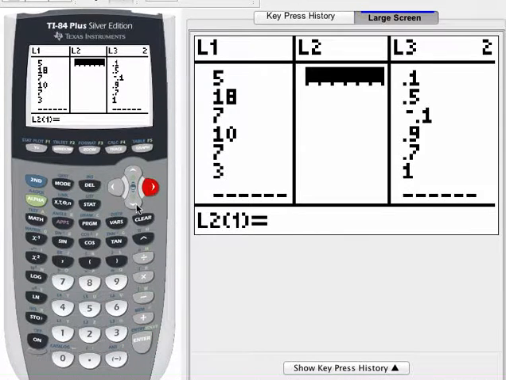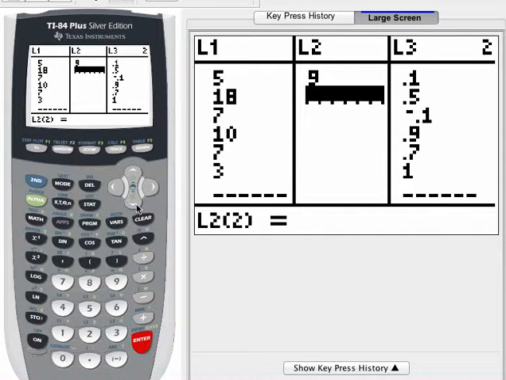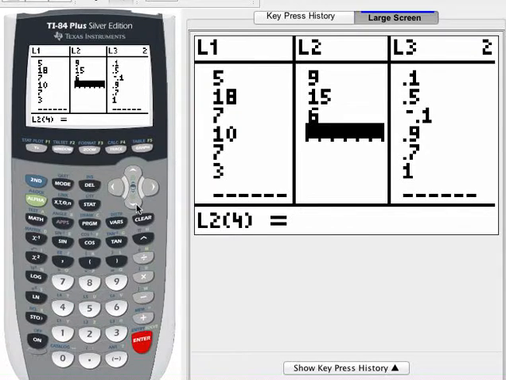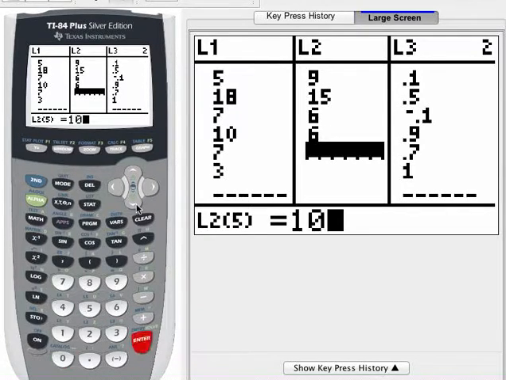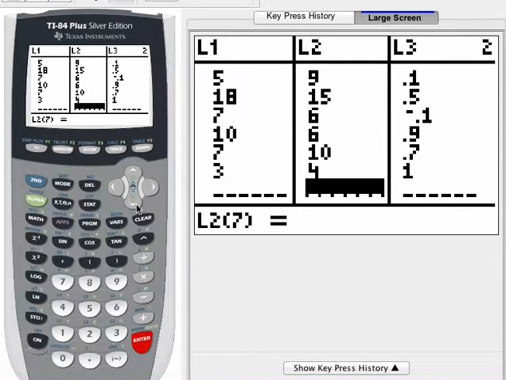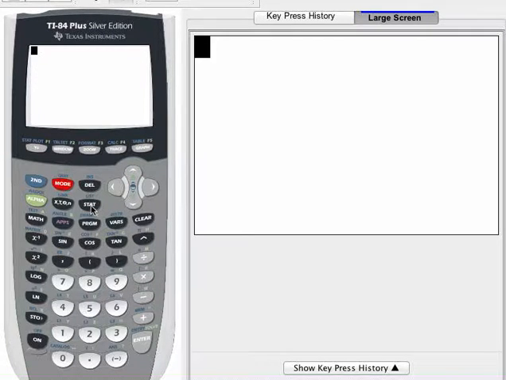And then I'm going to go to list 2 and I'm going to enter the expected counts in the same order so that they correspond, actual and expected. The 5 is the actual, the 9 is the expected count that corresponds with it. So after the 9, next would be a 15, and then a 6, then another 6, and a 10, and a 4. So even though this is a test of association, you can go ahead and use the chi-squared goodness